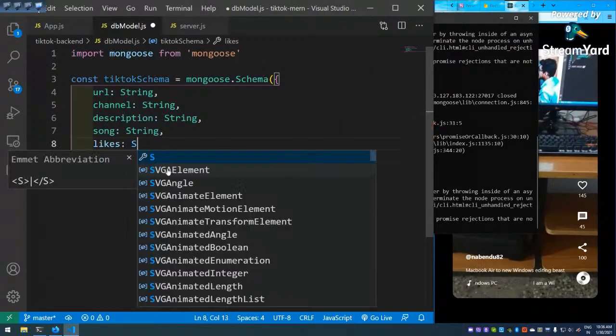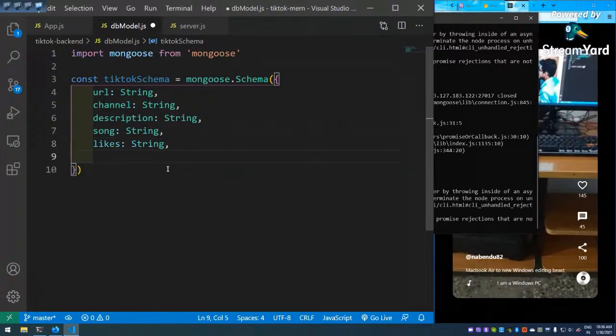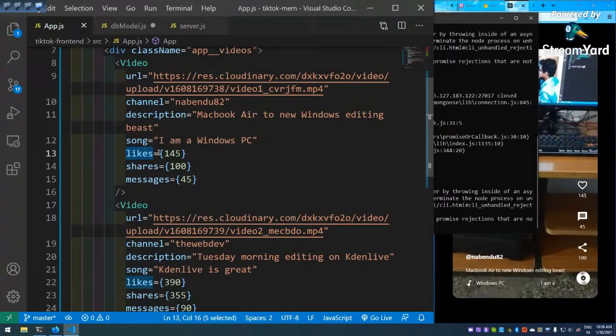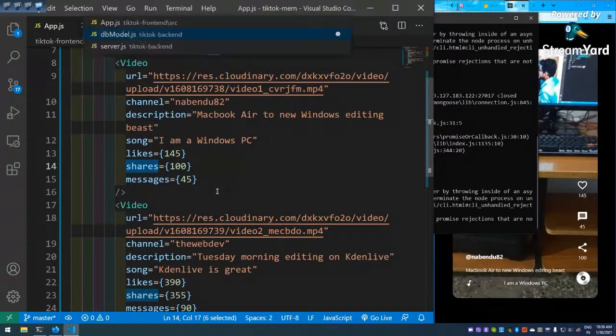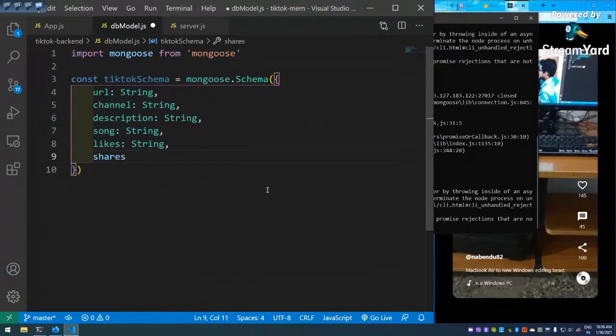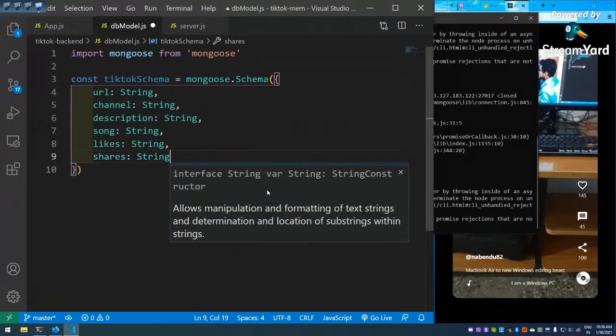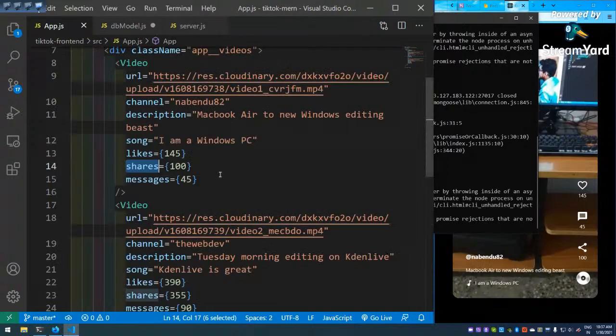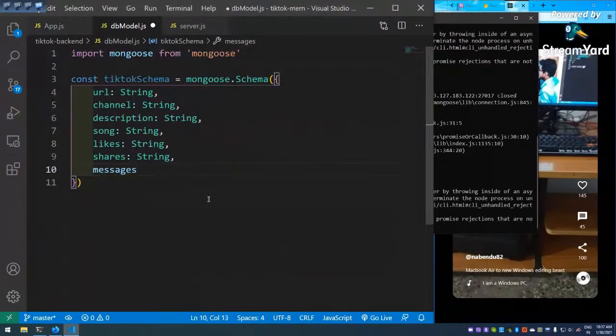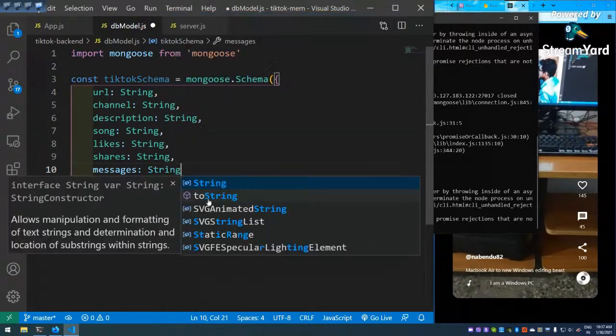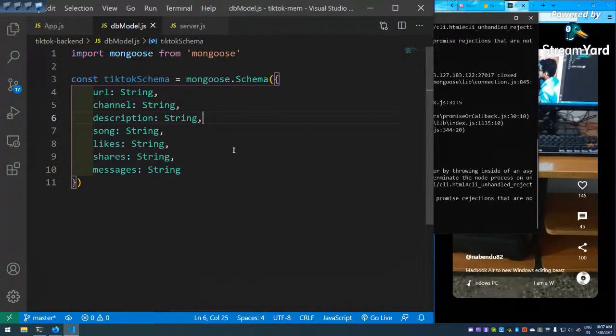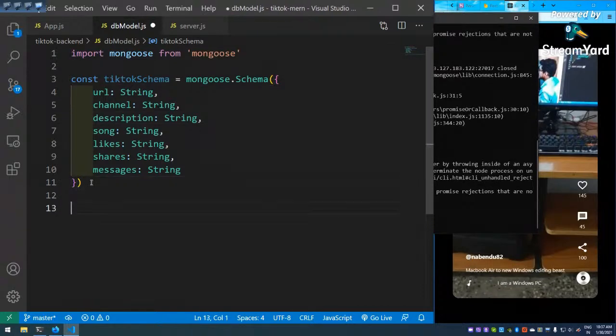Likes is string, comma, shares is string, comma, messages is string. Save it. And now I have to do export default